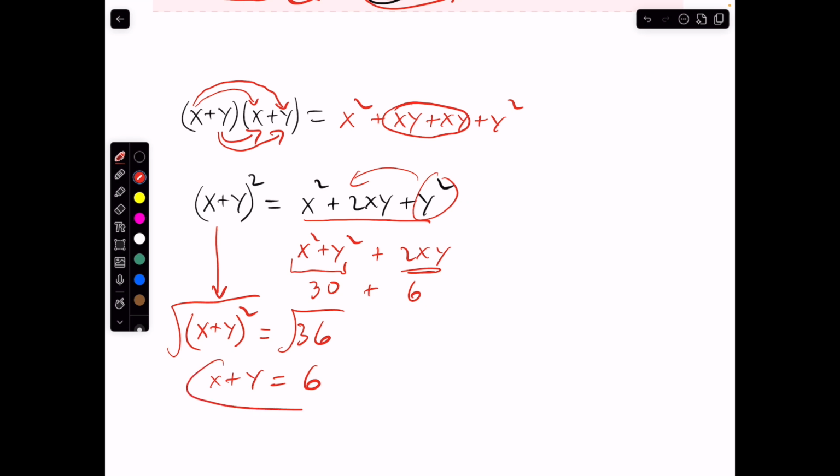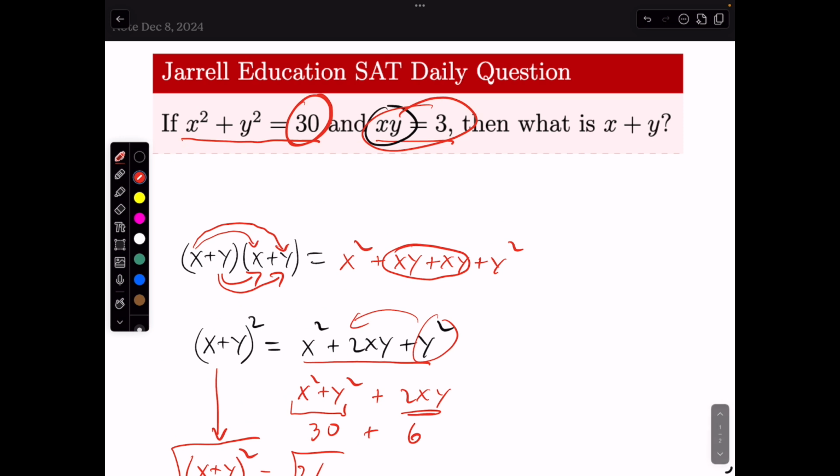Okay, so the answer to the question turns out to be x plus y equals 6. But not because you did a substitution and went back and had to do all kinds of crazy algebra, just from